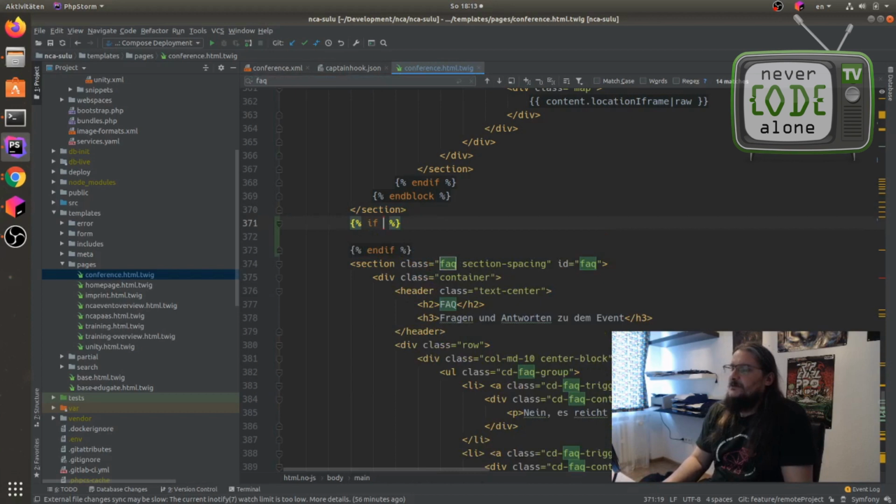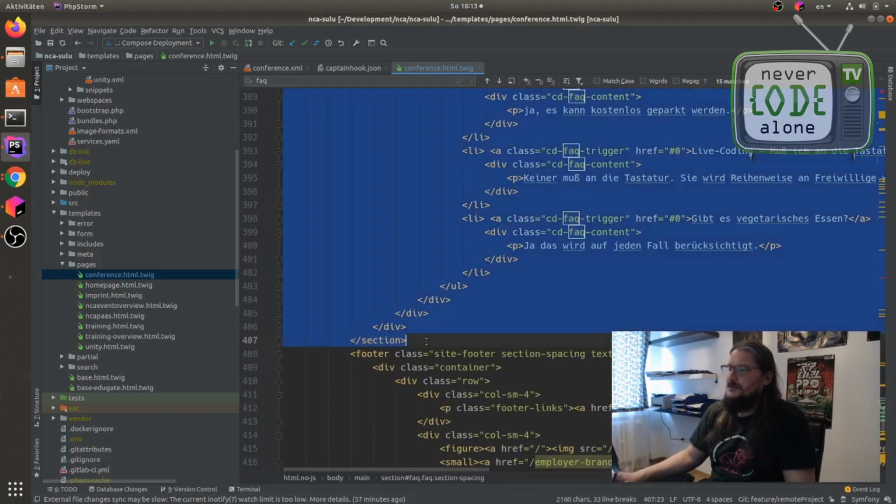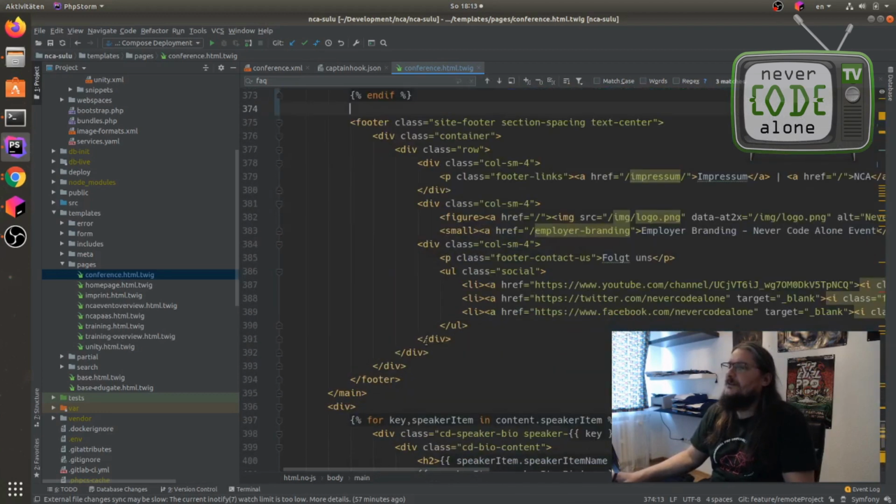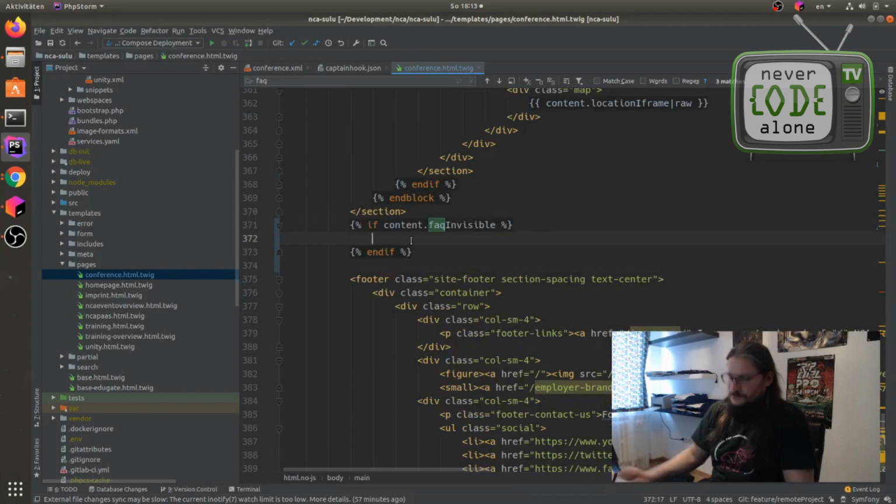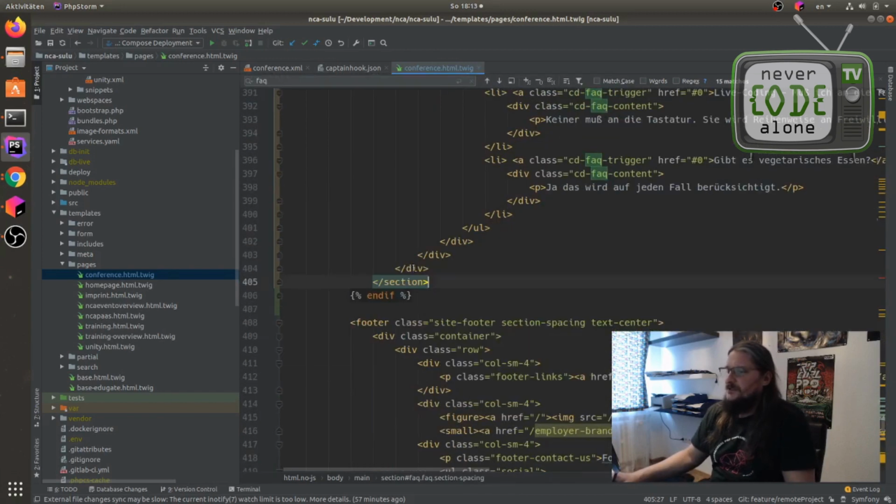And what can I say here? If content dot invisible is true, then render me the section, otherwise not.